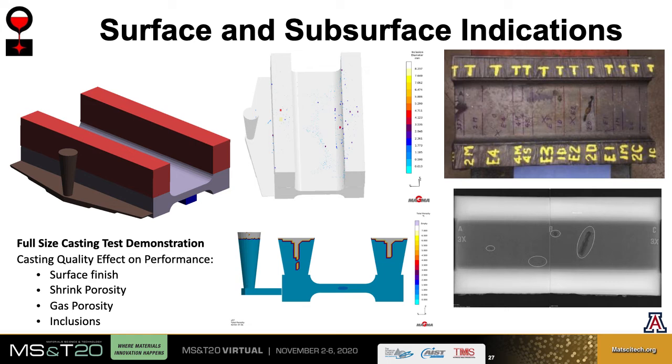To test actual specimens with indications, we designed and made cast plates that have some gross surface and subsurface indications. These levels of indications are much worse than what can be found in typical castings. The castings were inspected visually and radiography tested so we could identify where the indications are and where we should take tensile specimens from. In addition to the surface and subsurface indications that we designed to be in the casting, we also manufactured indications by drilling holes in the specimens. Sound tensile specimens were also tested as the baseline.